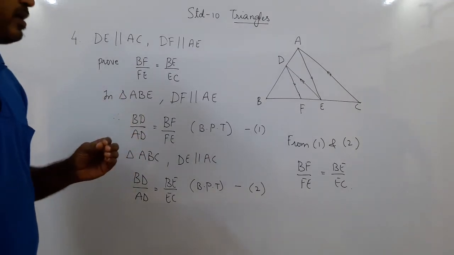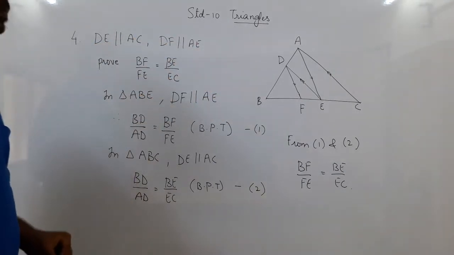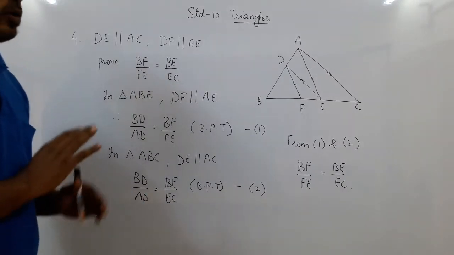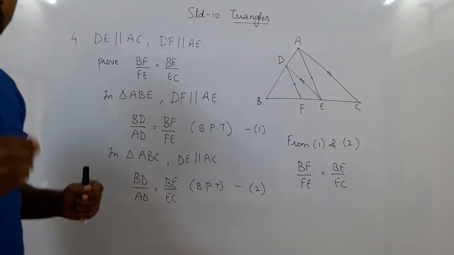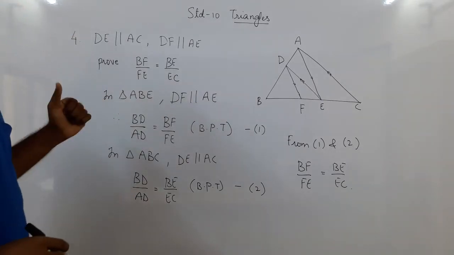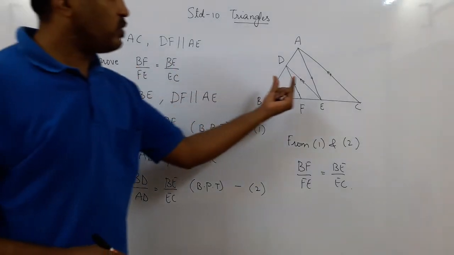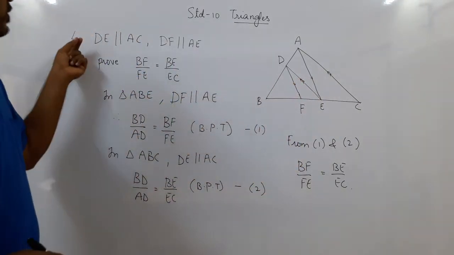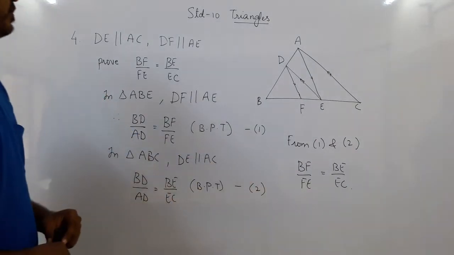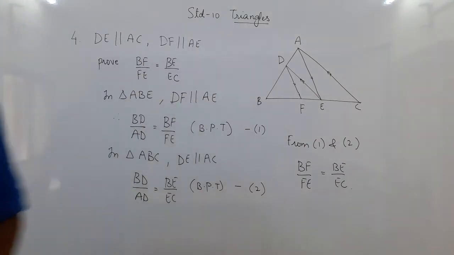What we will do by practice is learn which triangle to choose. Now we have finished the theory part. All the theorems are done, and I think you know all of them. Now comes the part of which theorem to choose and use. Here, because we have parallel lines, I went with the basic proportionality theorem, and in these two steps I have proved the sum. Okay? Now let us take one more sum and do a different type of practice.